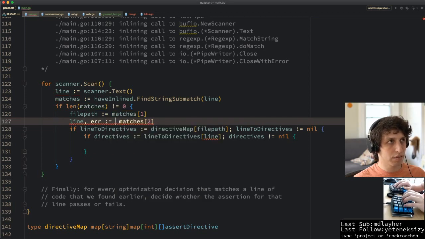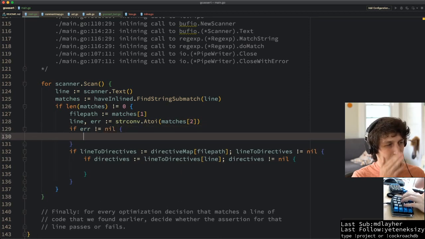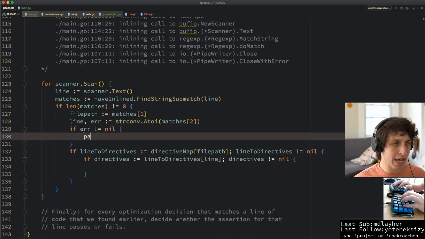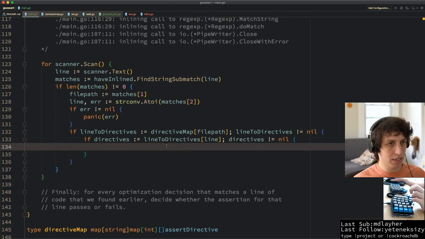What is it again? A to I, strconv.Atoi. So if this is an error, I guess I can just panic. I don't know. It's not a normal case. Now, if this is the case, then